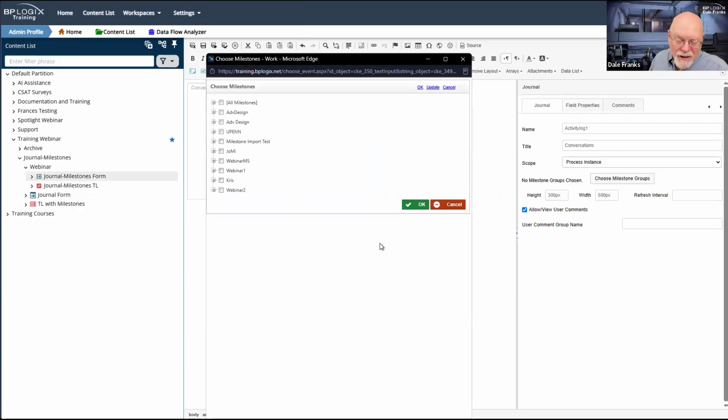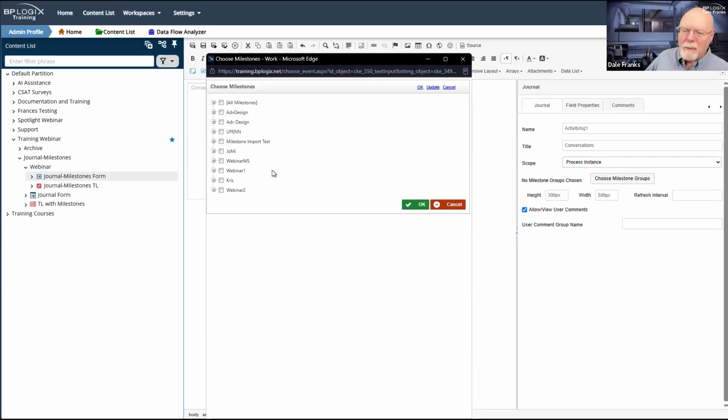So as I said, I haven't created the milestone group that I want to use here. So there's nothing that I can choose at the moment to make this thing work. I'm going to need to have at least one milestone with the milestone group specified so that I can choose it. But what this allows me to do is just pick those milestone groups that I want to track.